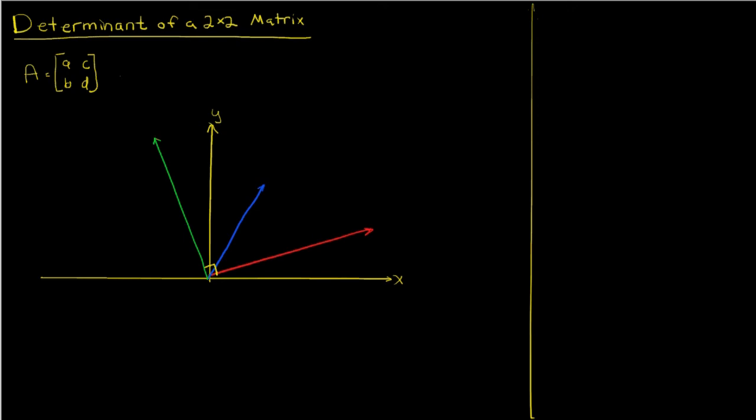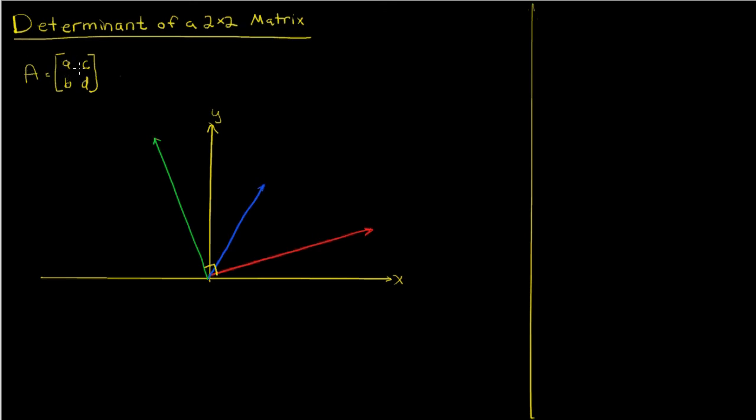In today's video we're going to be talking about the concept of the determinant, and specifically we're going to be talking about the value of the determinant being equal to the area of a parallelogram. Specifically we're going to be discussing 2 by 2 matrices, and for example we have a matrix here A with